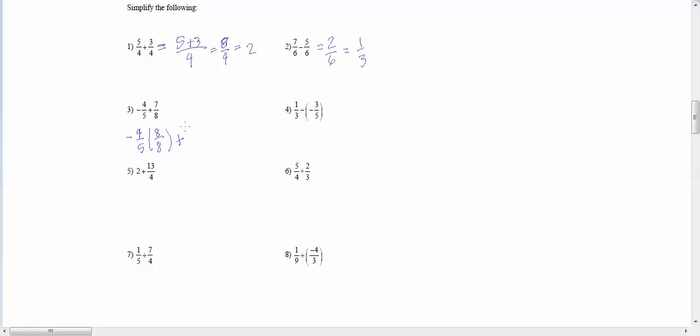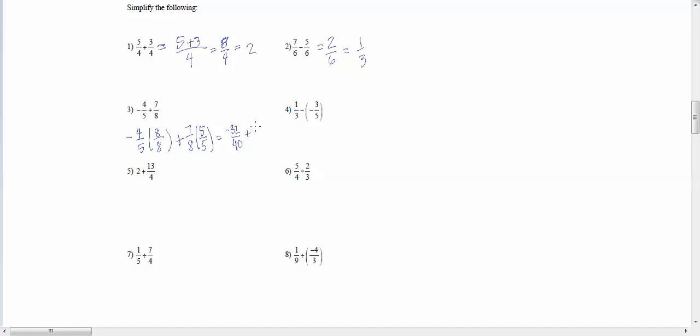And then over here, I'm not going to multiply it by 8 over 8, I'm going to multiply it by 5 over 5, because that will make the bottom 40 over here, and that will make the bottom 40 over here. So that's equal to negative 4 times 8, I'm sorry, I'm not very good at this stuff in my head, 32, that's negative 32 over 40